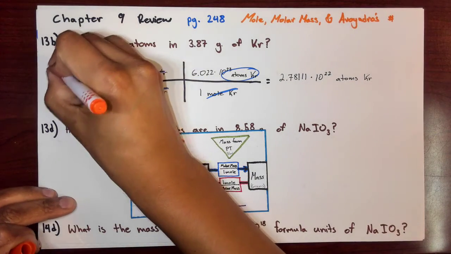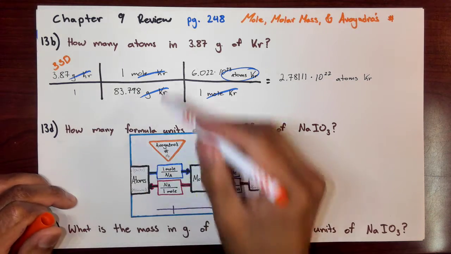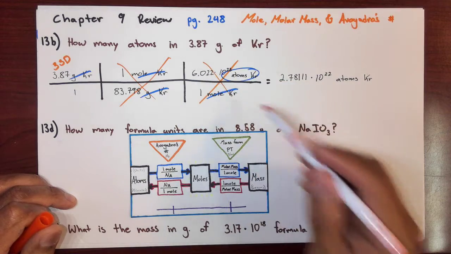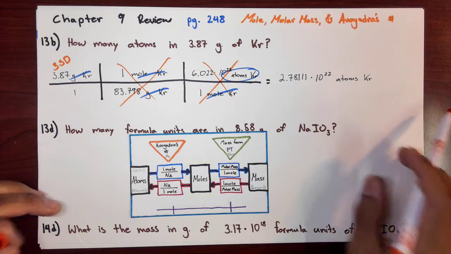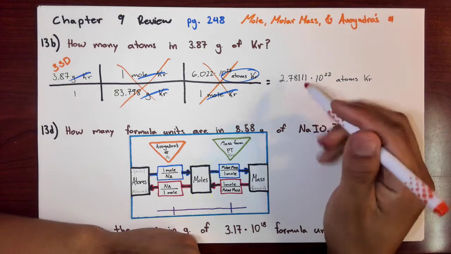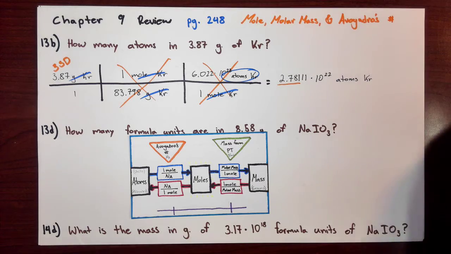significant digits. We started with 3 significant digits. This has a ton of significant digits, but it doesn't matter because it is a conversion factor. Remember, we do not take into account conversion factors when we are working with significant digits, okay? So let's go ahead and make 3 significant digits here, which are just those 3 right there, okay,